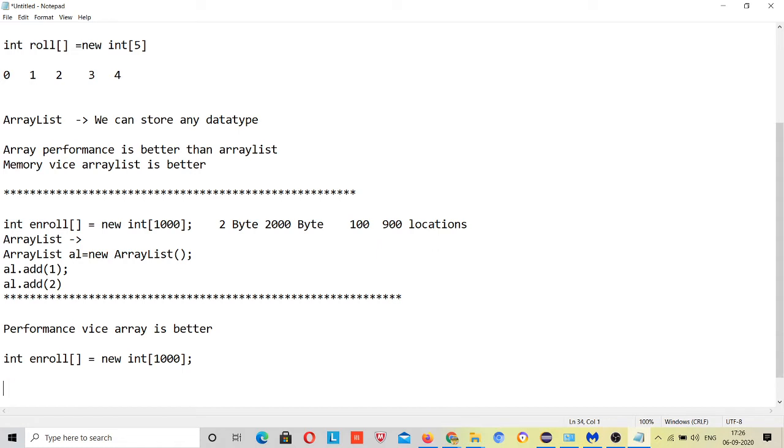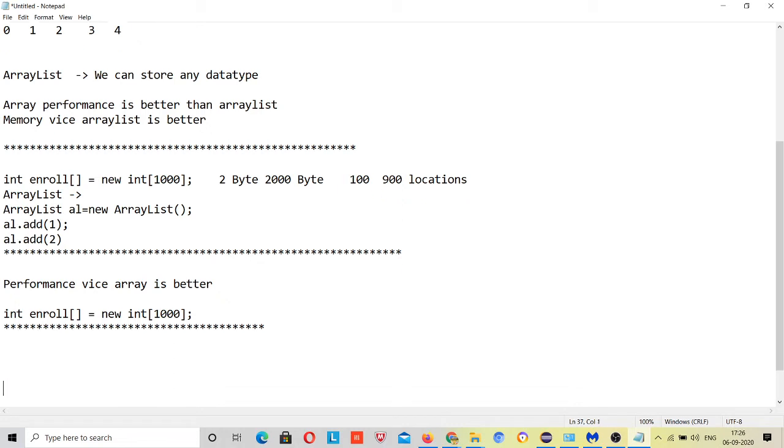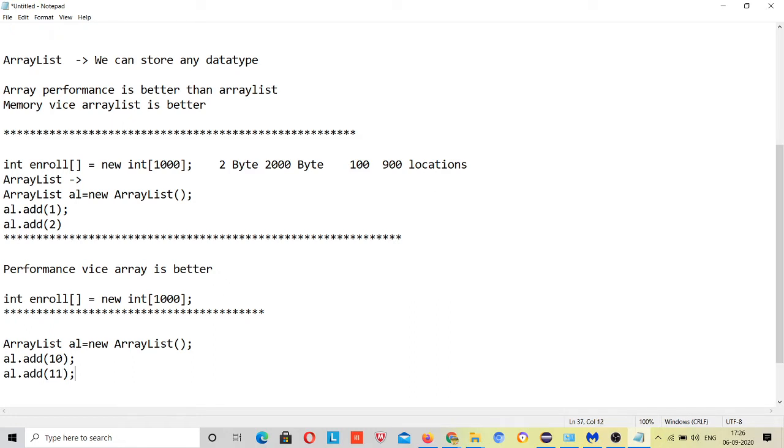But what will happen with the array list? Suppose I have added, and this needs to be understood very carefully. Suppose I have declared an array list like this, and here I am going to add 10 students, right?